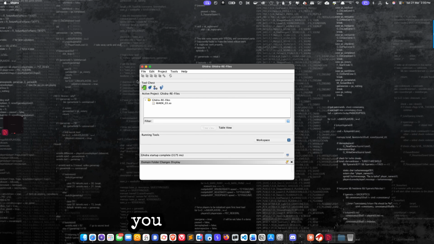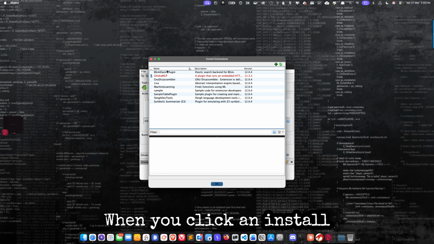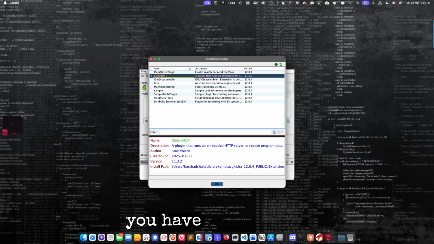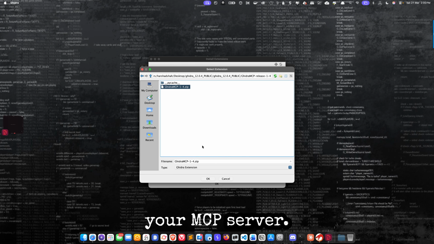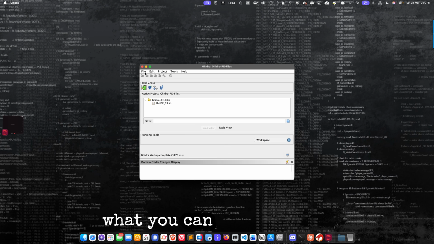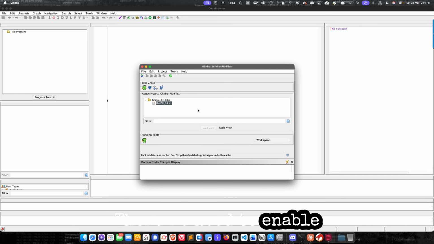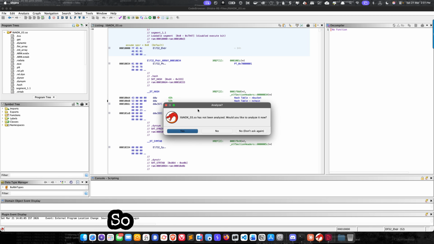Once this is done, you can simply go to File, and there's an option called Install Extension. When you click Install Extension, select here. If Ghidra MCP is not showing, you can click on the plus button and select your MCP server, then click OK. Once this part is done, you can double-click on this file and analyze the file. There we need to enable the developer mode. So I am simply clicking here, Analyze, Yes, Analyze,